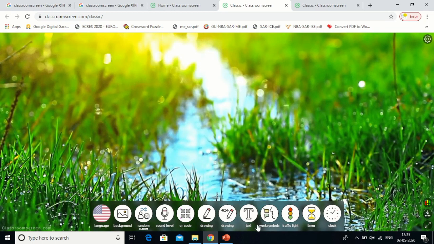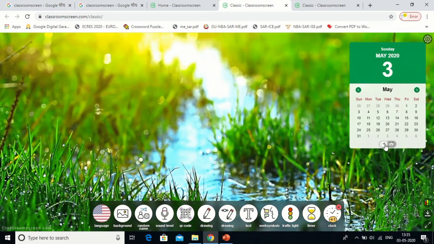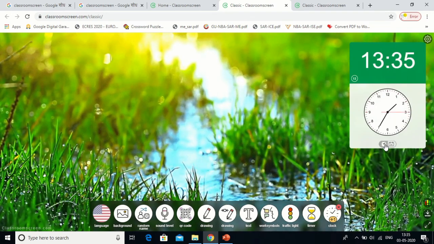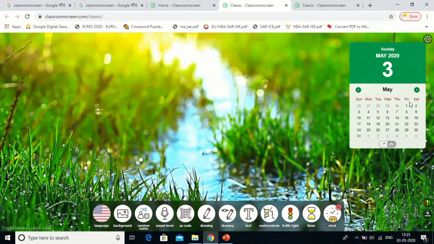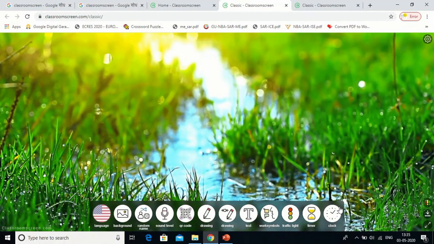Now, if I want to show the students the clock timing, because students are always looking at their watches, I will click on it. Even if I want to use the calendar, I can use it. You can use this clock for putting certain quizzes or questions to them. The calendar is available if you want to schedule something with the students. If you want to add one more clock over here, you click on the plus one, and one more clock will come in front of you. You can cancel this by pressing the cancel button.